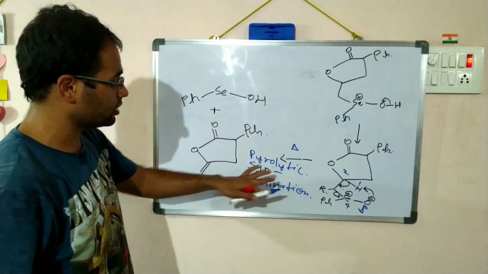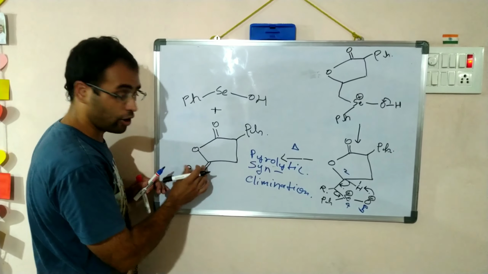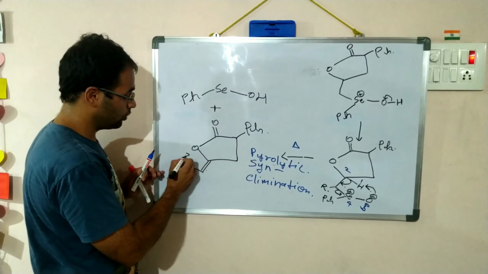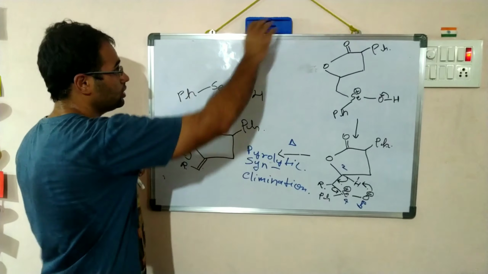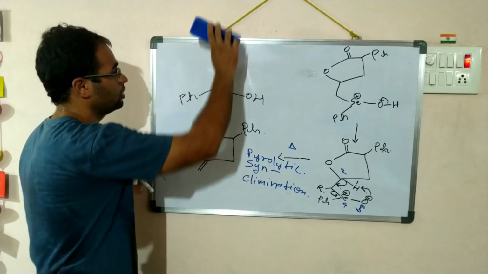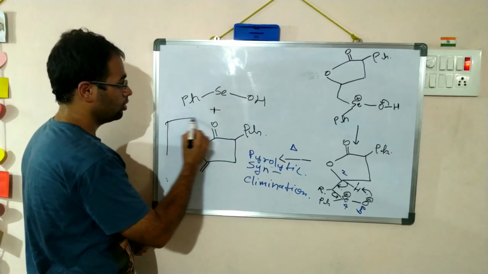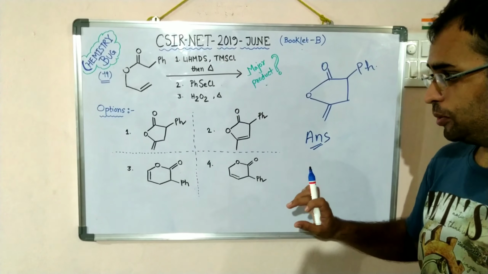so initially in the final product, what we would have got is an R group here, and we would have got a Z alkene. Fine, we would have got a Z alkene. Just because R here is not present, it doesn't matter how the elimination occurs, but essentially it occurs in a syn fashion. So this is our final product.